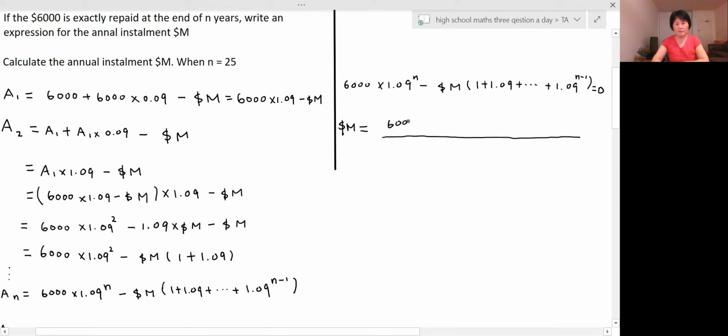6,000 times 1.09 to the power n. Then the bottom is 1 plus 1.09 plus 1.09 squared, then plus dot dot plus 1.09 to the power n minus 1. Then continue, equal to